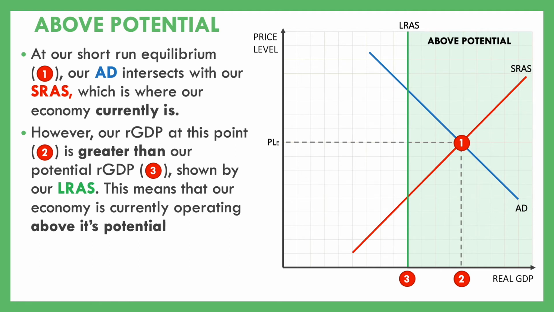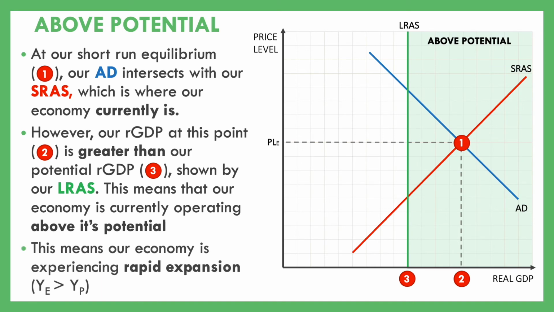across the long run. It's not sustainable in the long run. It is for a short period of time. It is for the short run, but not for the long run. And so this means our economy is experiencing that rapid expansion, wherever that current equilibrium, YE, is greater than YP, our potential. Or you can see our point number 2 is further along our x-axis than point number 3, which